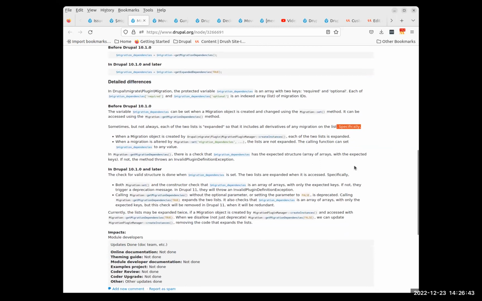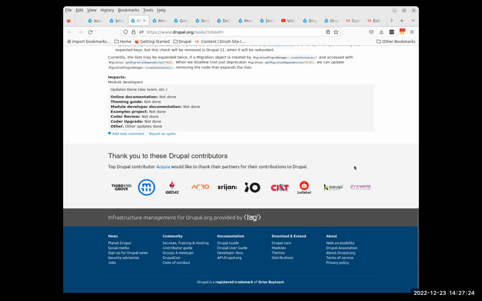The only thing I would have a problem with, if you remove specifically and just replace the period with a colon, then you have sometimes, but not always, each of the 2 lists is expanded so that it includes all the derivatives of any migration on a list. And then if you have a colon, it's just a hard break. What's the name for it? Hinleitung. It's missing some sort of introduction to the next part, the list itself. It's okay, but